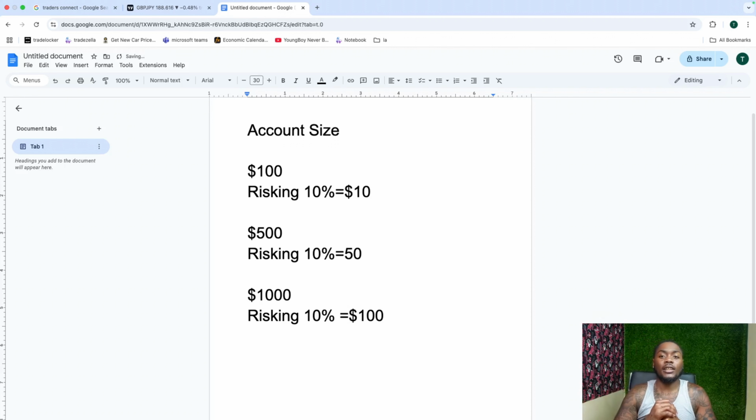Okay, so like I said, risk depends on your account size, which is the most important thing. When I'm trading little accounts, I usually like to risk no more than 10% of my account, 20 pips per trade. So 10% of my account, risking 20 pips. 20 pips, right? So stop loss,